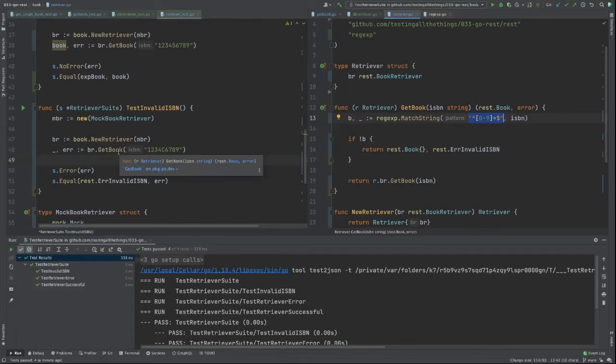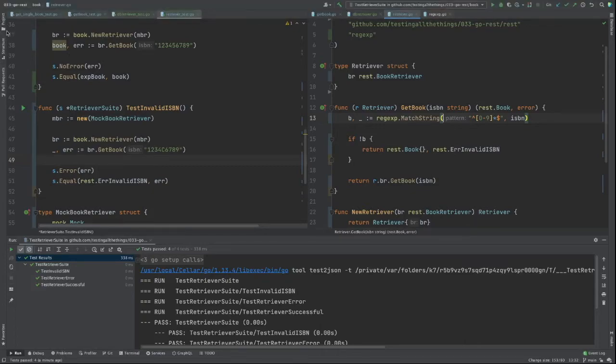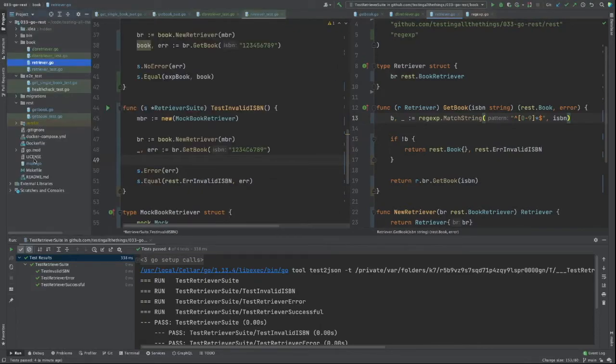So that's that complete. I think we're now at a point where we can start to tie everything together in our main and run our end-to-end tests again. So let's do that. If we open our main,